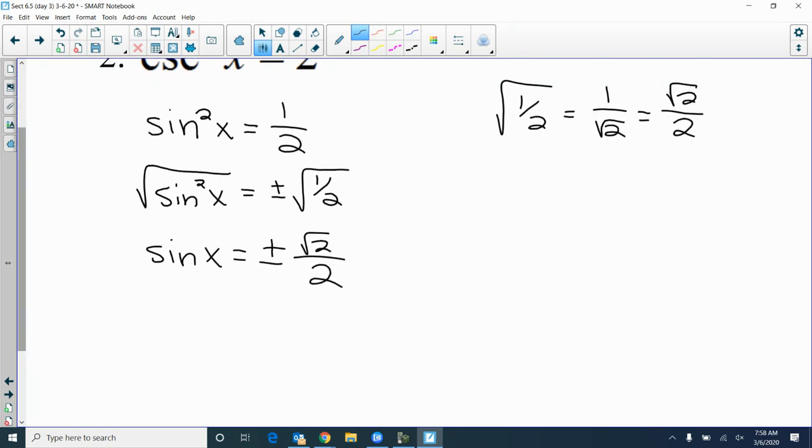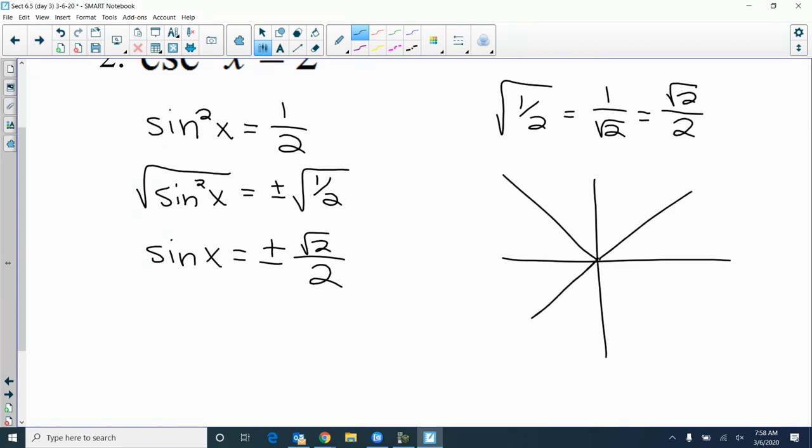So that's going to be all quadrants. Where does it equal positive square root of 2? Where does it equal negative square root of 2? What's your reference angle? Okay, for radical 2 over 2, it is 45. But it's going to be in every quadrant because we need both the positive and the negative. Okay, and so it's going to be pi over 4, 3 pi over 4, 5 pi over 4,